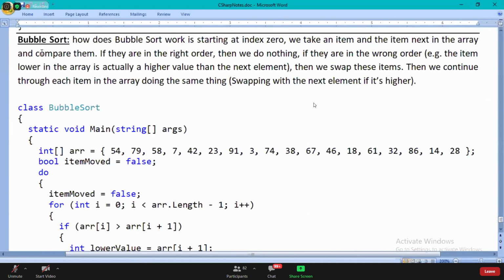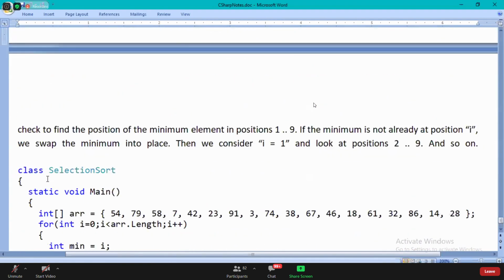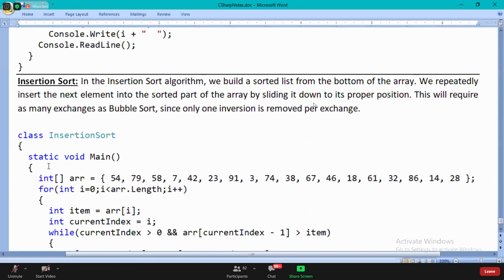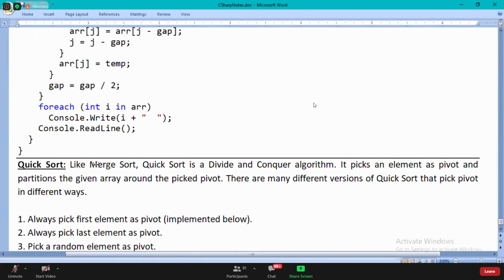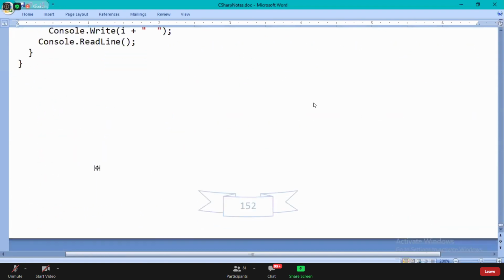Sorting algorithms: bubble sort, selection sort, insertion sort, shell sort, quick sort. Nearly 20 pages of programs I have given you here to practice.